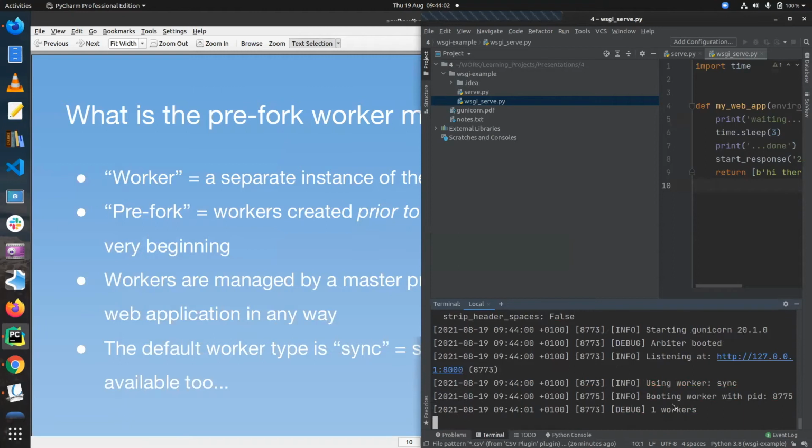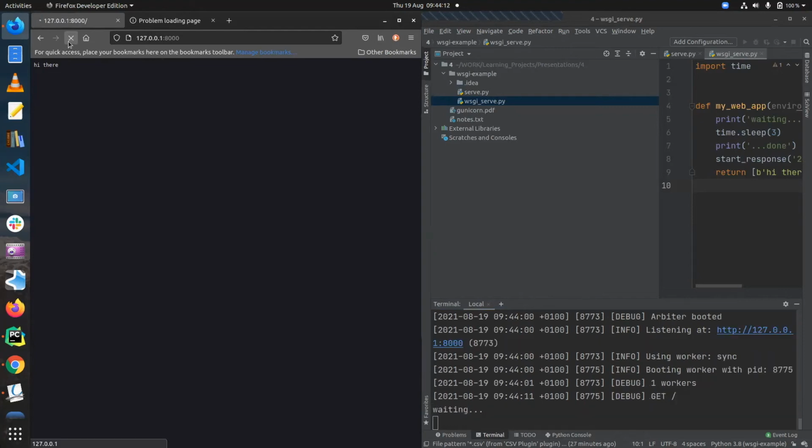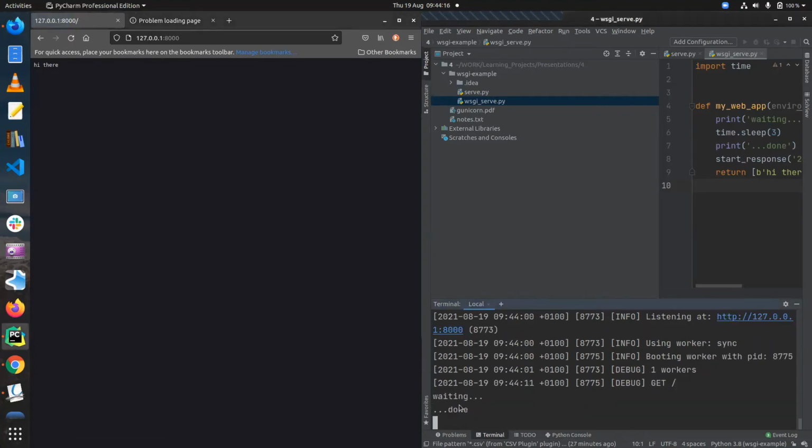There we go. So it's one worker, it's a sync worker. And so in my browser, I have two tabs. So if I just refresh the page once, you'll see it says waiting. And then after 3 seconds, it's done. Now, if I have two tabs, if I try and make a request quickly in succession,